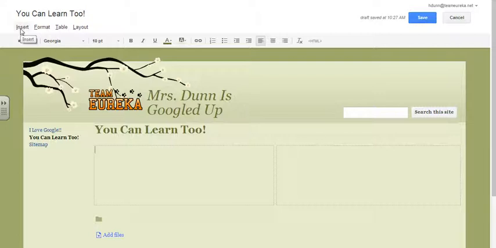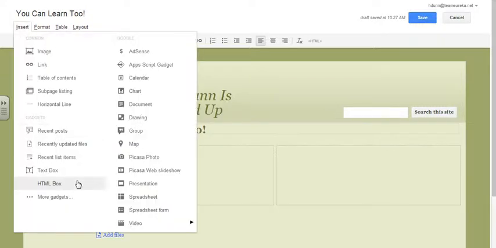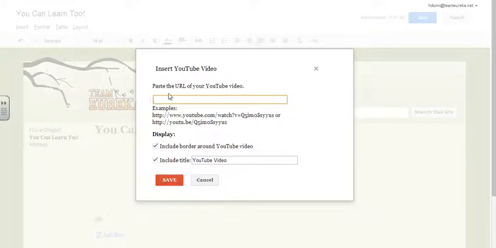The keyword that I'm using is insert. If you click on insert, you can go over here to where it says video, and we are going to do YouTube videos, so we're just going to click on YouTube. Now what it wants us to do is paste the URL of a YouTube video. So let's go here,